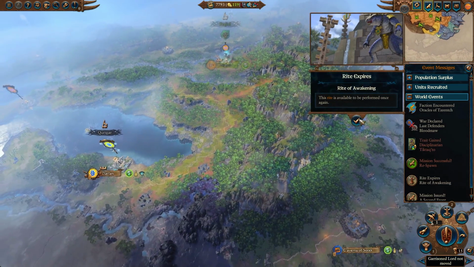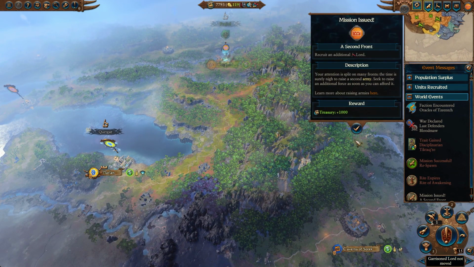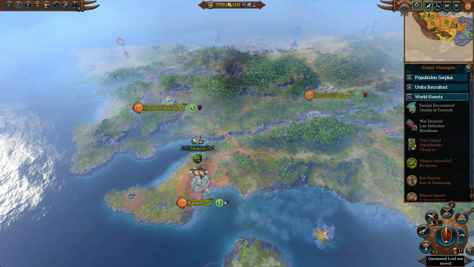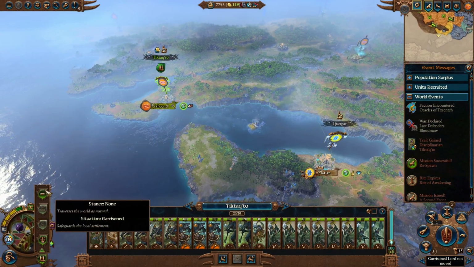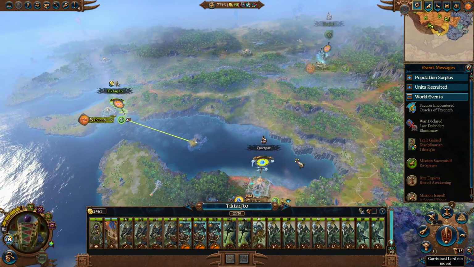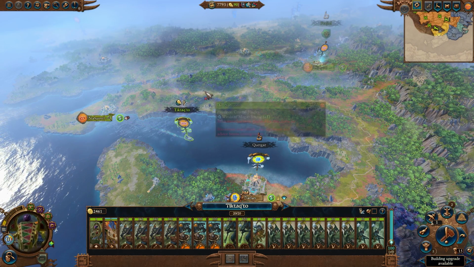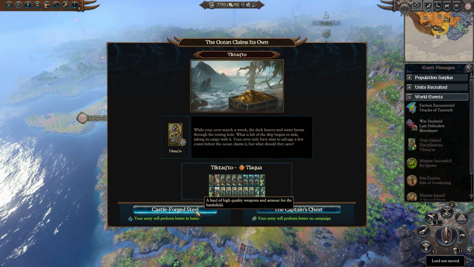TikTak'to is a disciplinarian, and the Rite of Awakening has expired, allowing us to get another rite going. And they want us to recruit another lord, huh? All in due time, all in due time. Killing these pirates if they're already here will also make them more friendly with us too, because they'll count as...